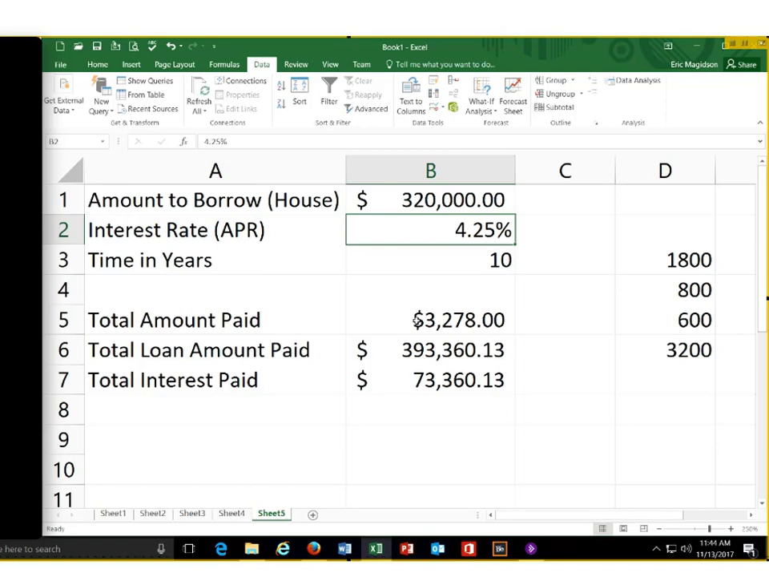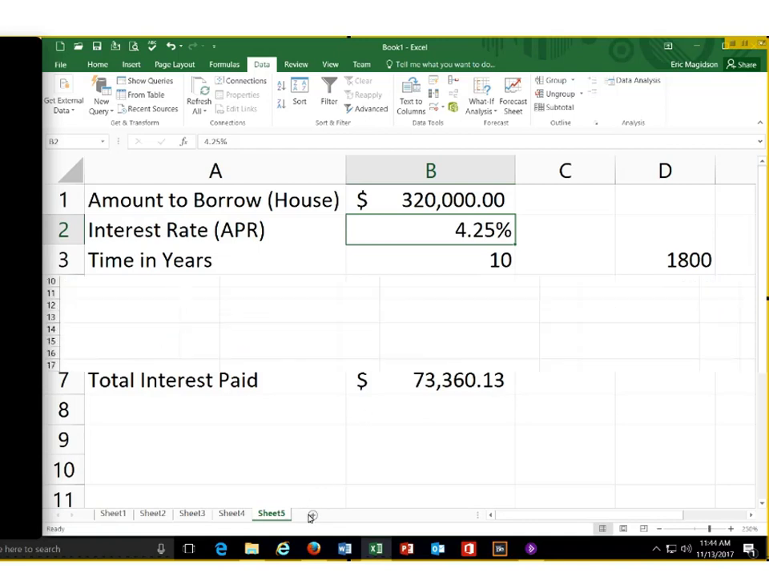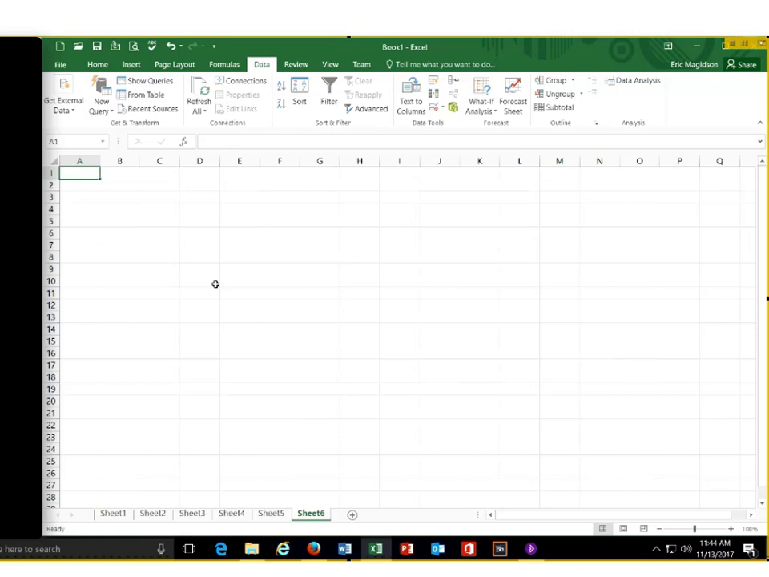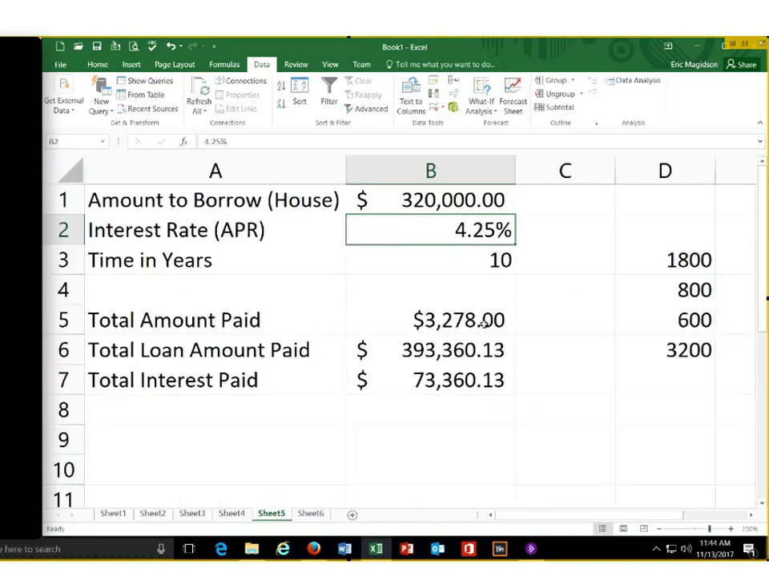These are the cool things that we can do with Excel. Now we can take this even further. What I want to show you is what's called an amortization table. Does anybody know what that is? An amortization table